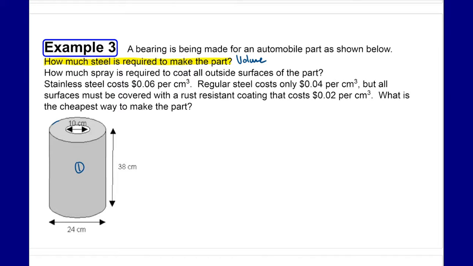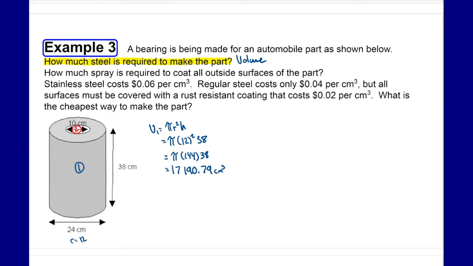So we're going to label this outside part, or the entire part, 1. This inside part will be 2. Actually, let's keep it color-coded. So the volume of the first one, pi r squared h. So pi times r squared. So the radius is half this diameter. So the radius is 12. So 12 squared times the height, which is 38. Works out to pi times 144 times 38, which is 17,190.79